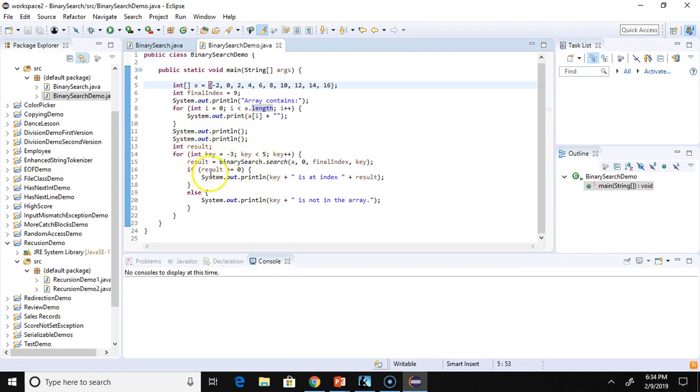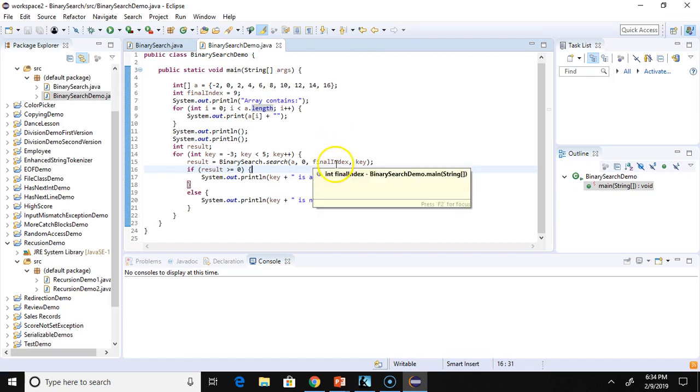Then I'm going to use this loop here, and I'm going to say result is equal to binary search. And of course, here are the parameters that I'm passing: a, which is my array, 0, which is the first index, final index, which we already know is 9, and key. Then if result is greater than or equal to 0, we're going to say that the key is at index result. Otherwise, we're going to say that it's not in the array. So if I run this code,